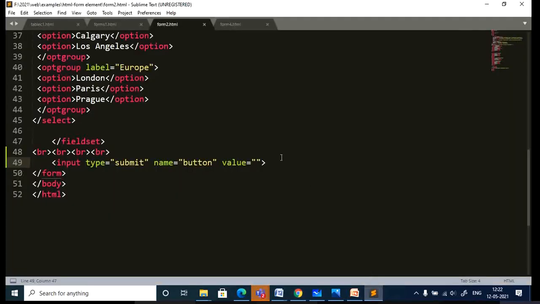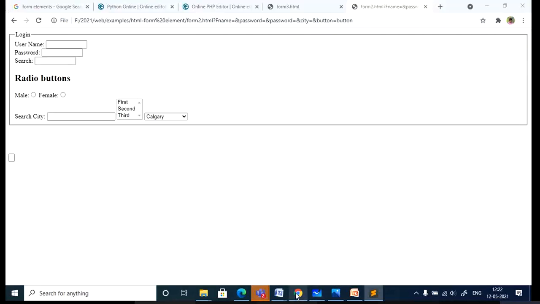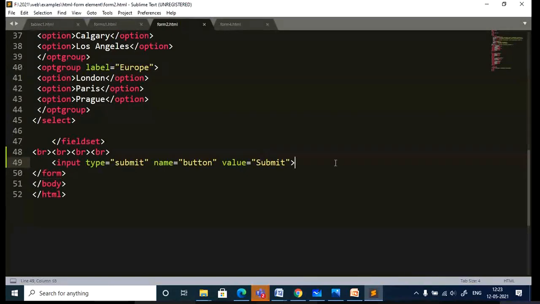So let me just give the name submit. So that is to display on the button. So if you click, and when you click, whatever the server side code is there, it is going to run that. It will take all the form elements and it will transfer to the server side program, or it will submit to the server.